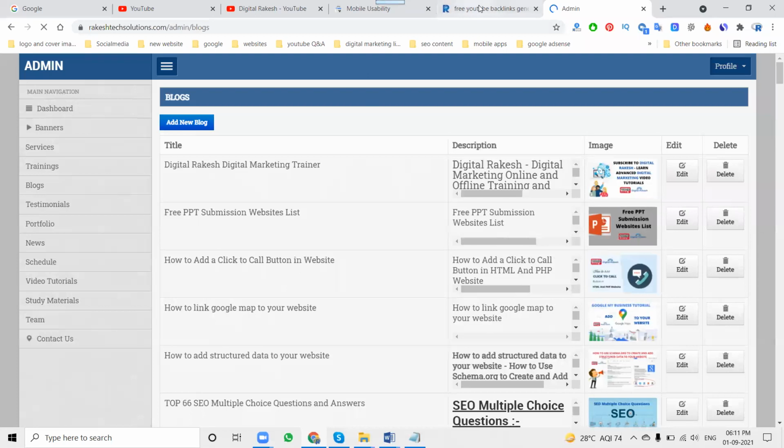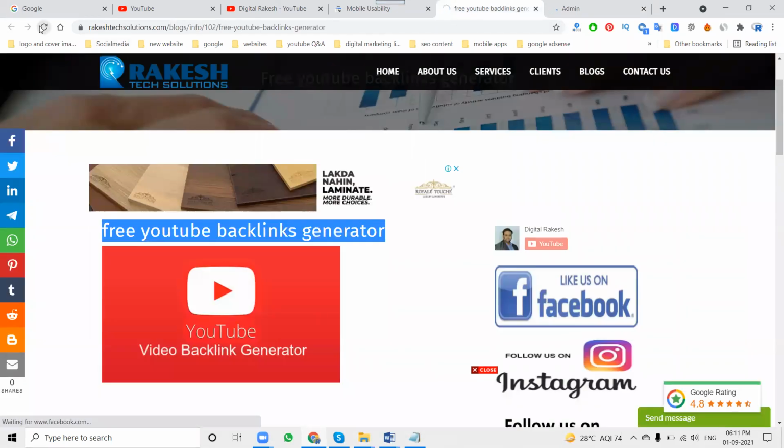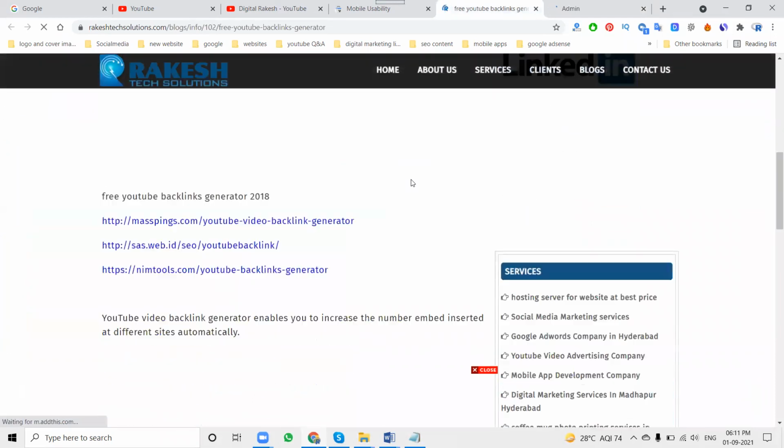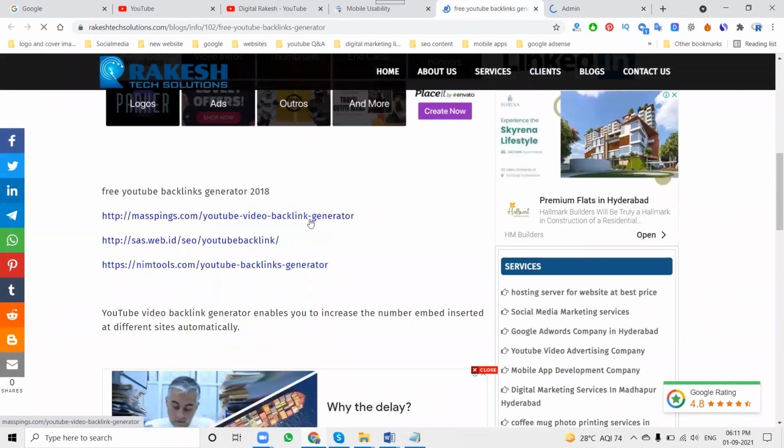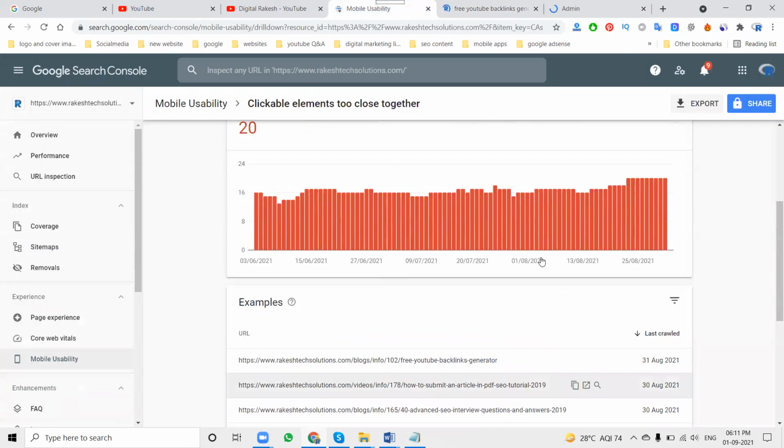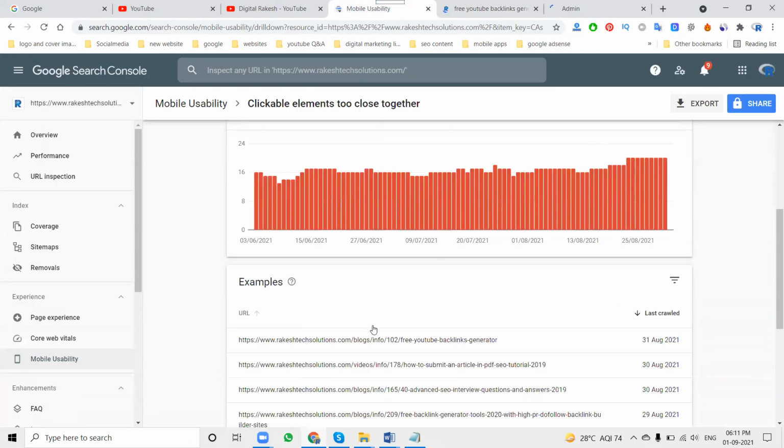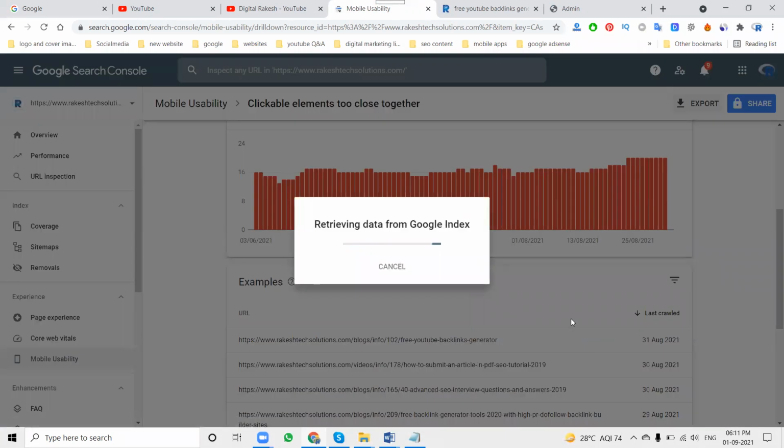If you don't do this for visibility, you will always face the problem that clickable elements are very near each other and the user cannot understand. So increasing the font is most important. After this, we have to check what links are here. In this, what option will be here? Open a new tab. Here is called Inspect URL.